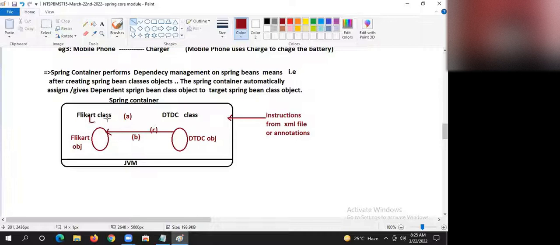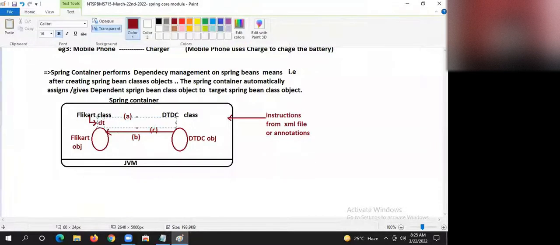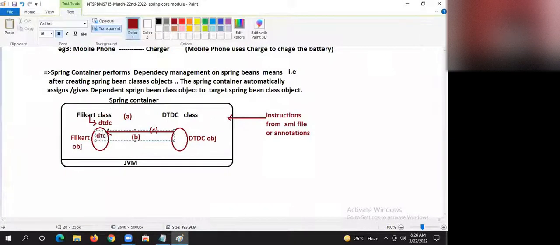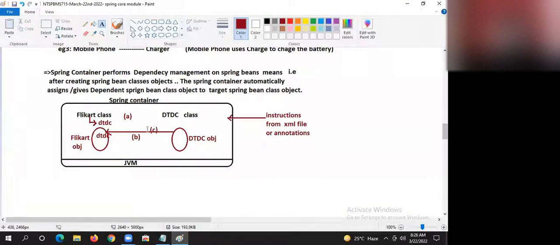For that purpose, Flipkart class should have a DTDC reference variable or not. Flipkart class should have a DTDC reference variable as a has-a property.